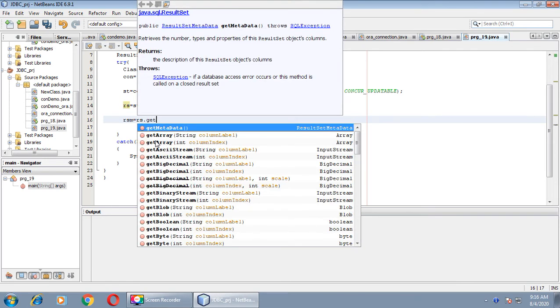This method will return the type, number and properties of the object of Access database, right? So here our object is tbl1.